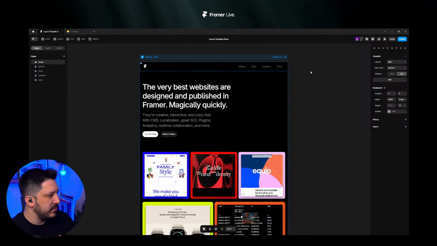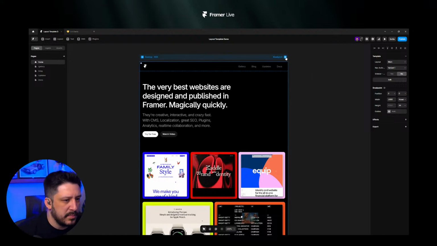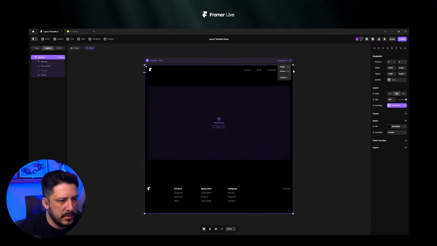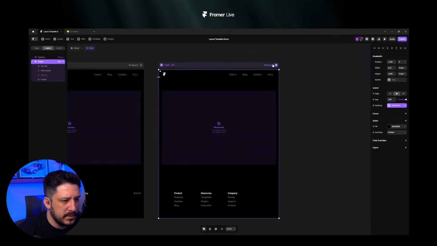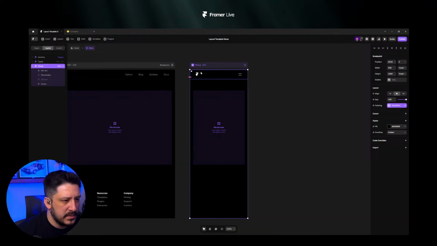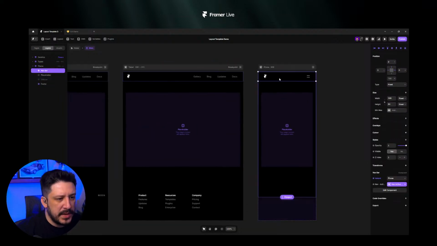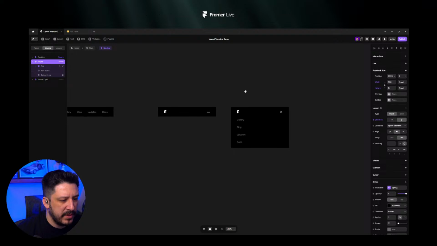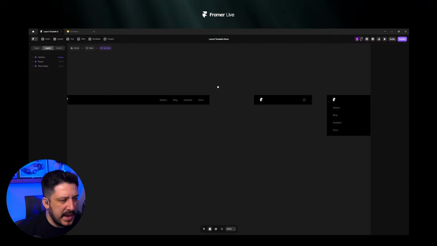On the layout template view, there's only the desktop breakpoint. Can you demo how we would create templates for other breakpoints, or is it necessary? Yeah, you can totally create other breakpoints as well. So for instance, let's go in here and add a breakpoint. Let's say a tablet and a phone. As you can see, it's all depending on what you have set up. Right now in my nav bar, I already have a phone navigation set up. Because I have that variant set up,